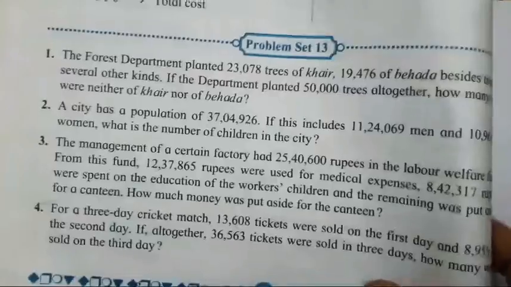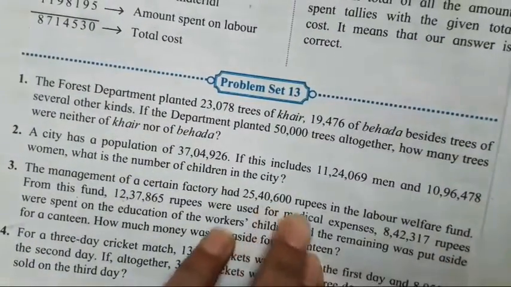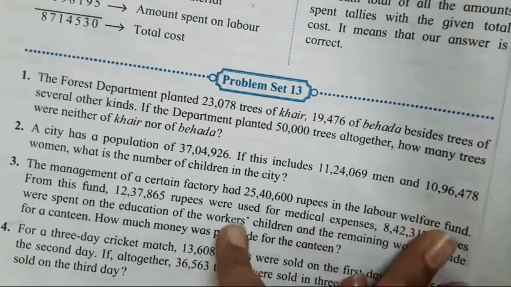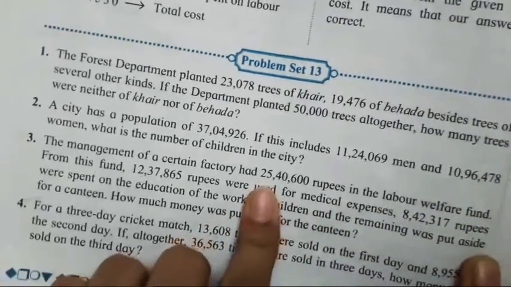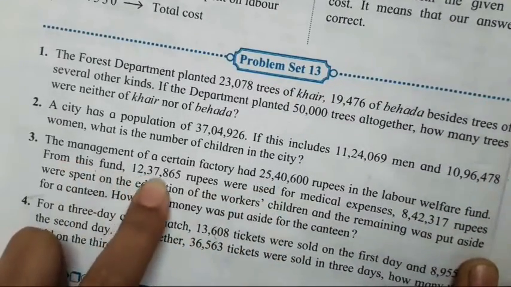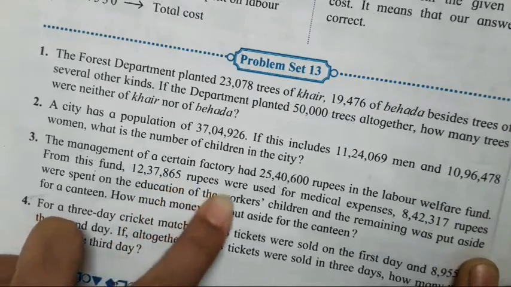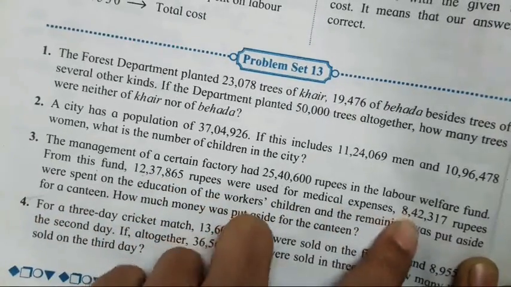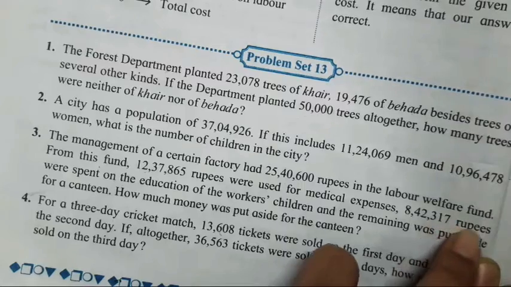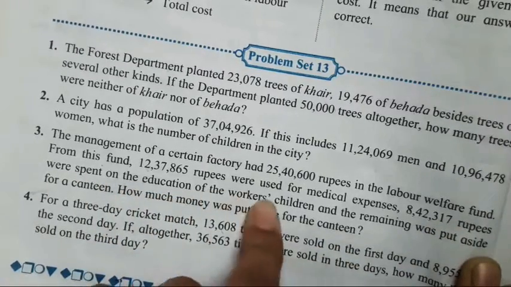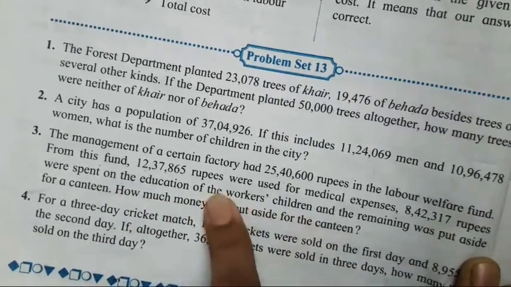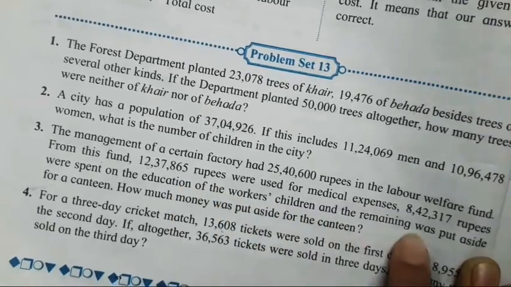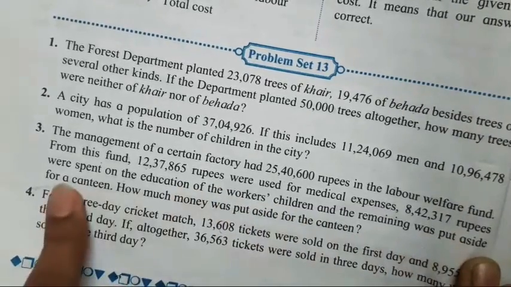Now the third sum is: the management of a certain factory had 25,40,600 rupees in the labor welfare fund. This is the total amount. Remember, from this fund 12,37,865 rupees were used for medicine expenses. 8,42,370 rupees were spent on the education and welfare of workers' children, and the remaining was put aside